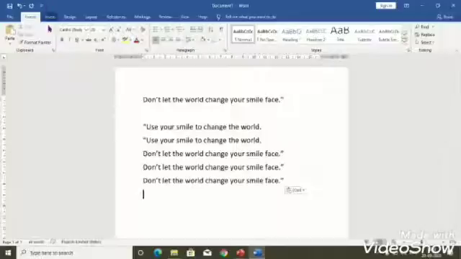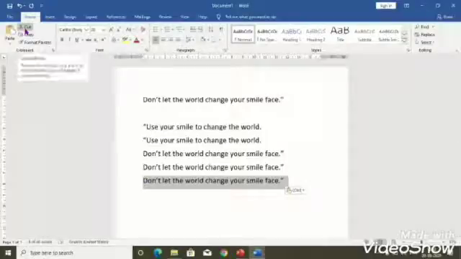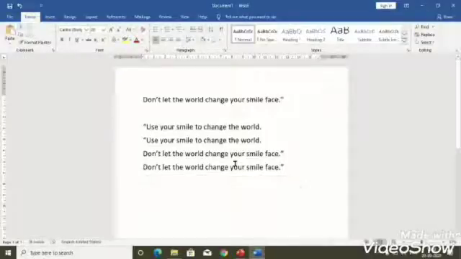Okay, so there is also one more option here. We see the clipboard group. We select the text and we can cut this line and paste it by using the paste option.